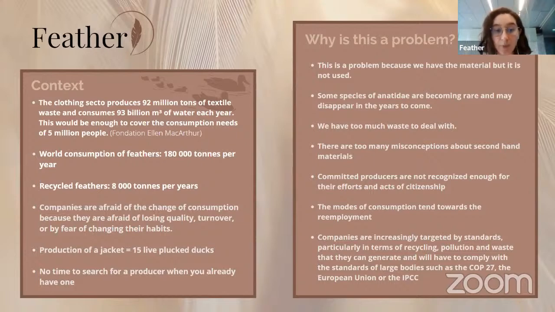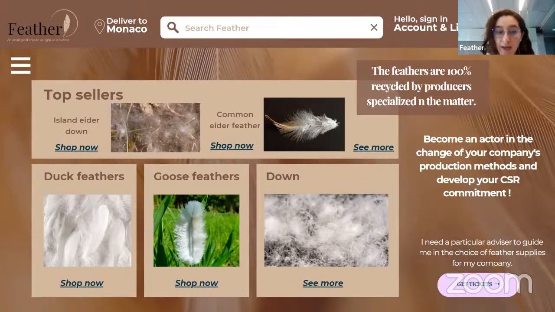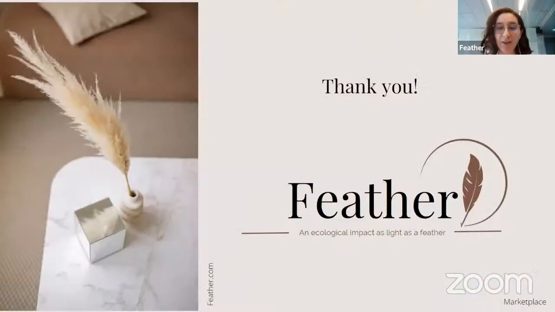We are a marketplace that links fashion brands looking for recycled feather and down to trustworthy suppliers. When jackets or other down-filled clothing are thrown away, the down remains in good condition and only the shell is damaged, which means all the down can be recycled and reused. We gather all this material that was supposed to be thrown away and we will give it a second life. This way, fashion, and more particularly luxury fashion brands, will be able to provide the same product quality and will meet the current needs in terms of sustainability and customer demand. We need somebody to do something, and this somebody will be Feather. Thank you.